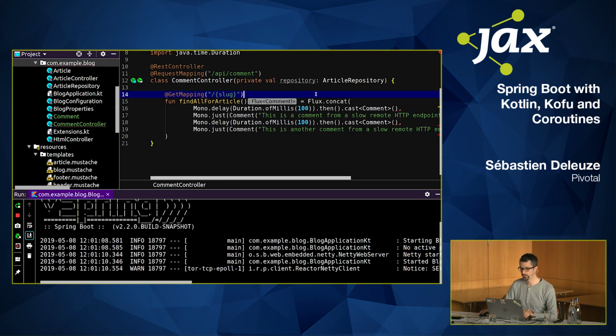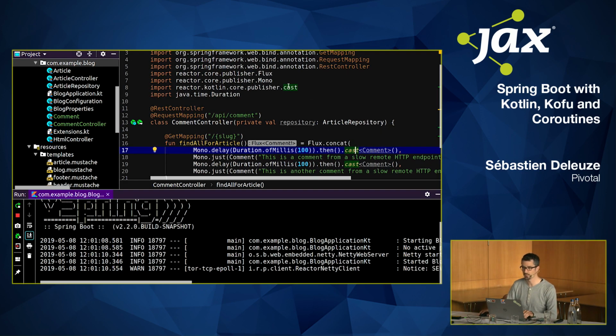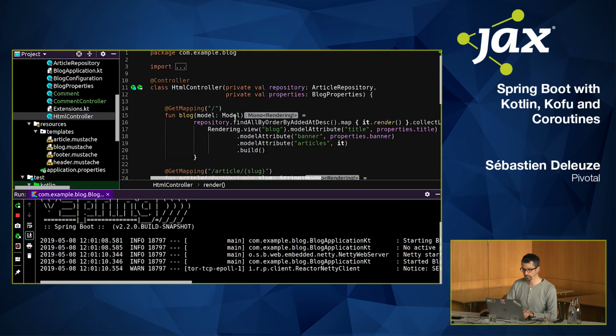So here you can see that we are using the Reactor API to provide the list of the comments, and we introduce artificially some latency, just for the purpose of the demo. And I'm going to add the extensions. So here is a good example: extensions need to be imported manually. And here we are going to modify